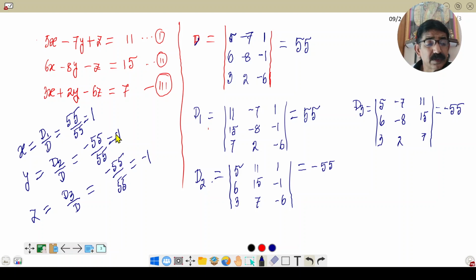So this is minus 1. So x is equal to plus 1, y is equal to minus 1, and z is